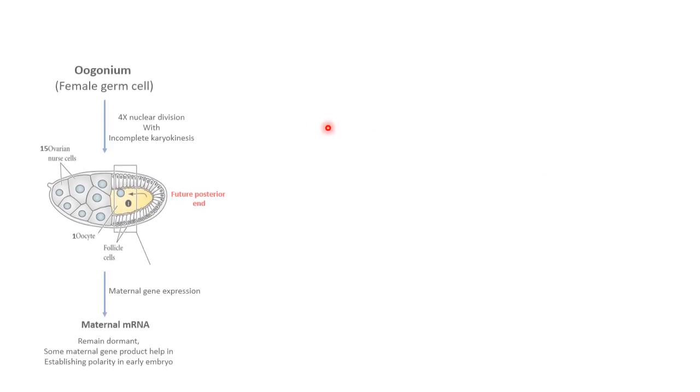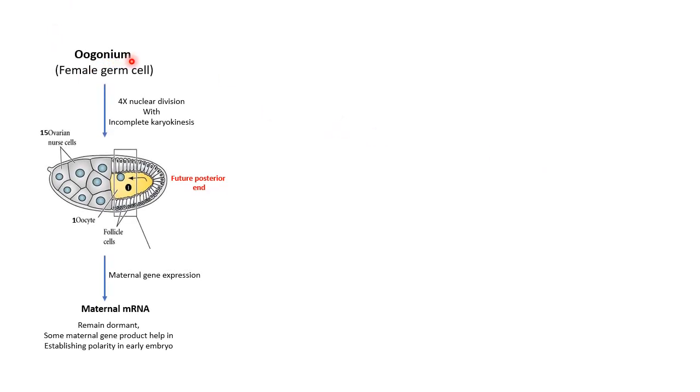So Drosophila axis formation begins even before the egg is fertilized. Basically, oocytes are descendants of the oogonium, which is a female germ cell. It is surrounded by a layer of epithelium of follicle cells. Now this oogonium nucleus undergoes 4 nuclear divisions with incomplete karyokinesis. So suppose this is